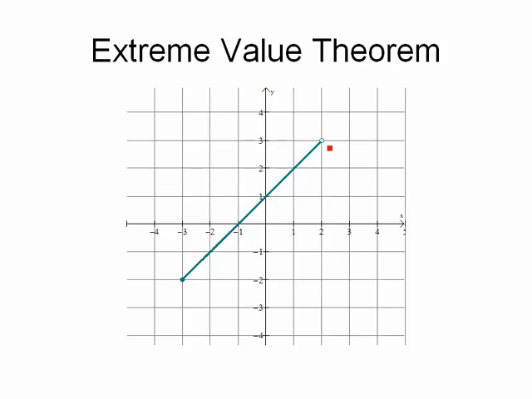Here's an example of a function that's continuous. I can draw it without lifting up my marker, but it's not on a closed interval because it doesn't include this endpoint. Now if I asked you to find the absolute minimum, you'd clearly say that down here on the left-hand side at (-3, -2), that is an absolute minimum. But now what if I ask you about an absolute maximum? Some of you might look and say, oh, well that's at (2, 3) right here. But the problem is that point's not included because of the open circle, because it's a partially open interval.